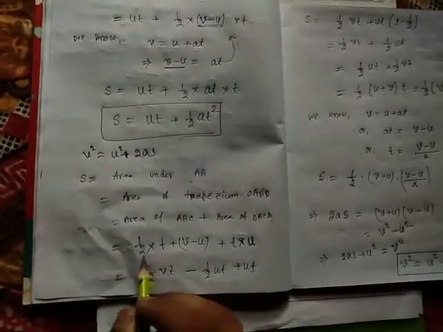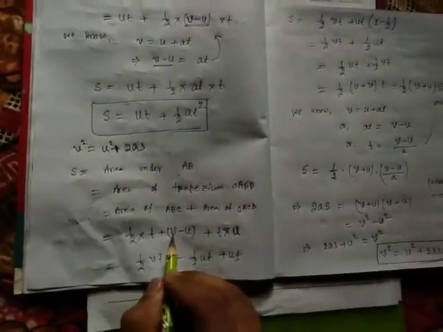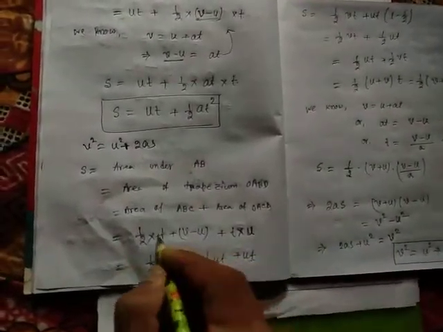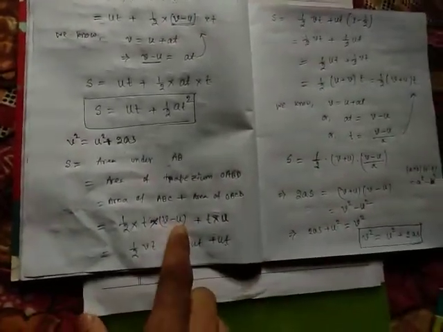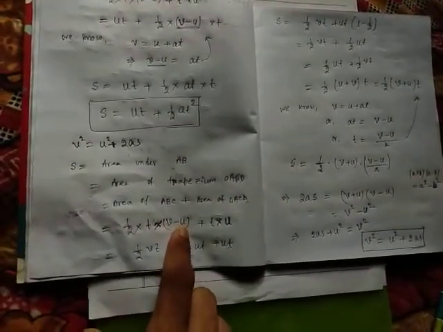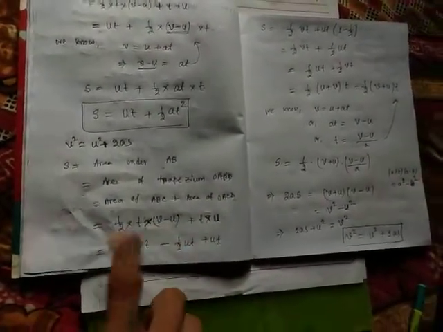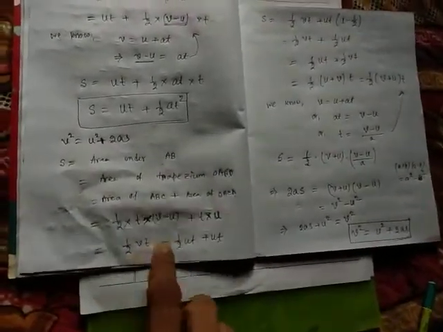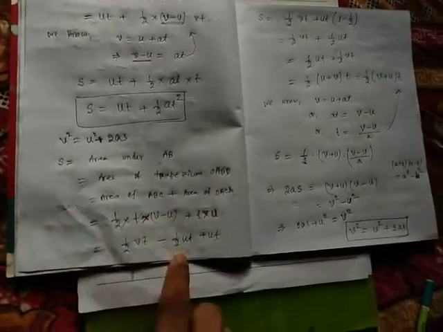Okay, now see, if I multiply here, I have multiplied half into T into V once, and next half into T into minus U. I have separated V minus U: once I have to multiply with V, then minus, once I have to multiply with U. I have separated two terms. So half into T into V once, half into T into U once. So half into VT, next minus half into UT, next UT.